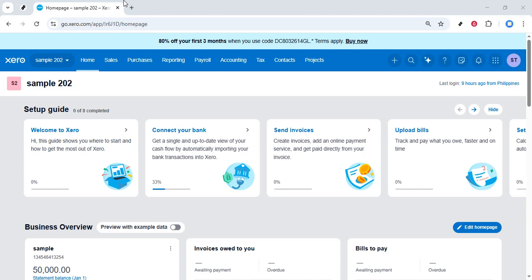First, open your browser and go to xero.com. Log in with your usual account details if you're not already signed in. Once you're on the main Xero screen, you'll typically land on a home or dashboard area for your organization. From here, we want to move away from the general overview and into the more detailed reporting area where the